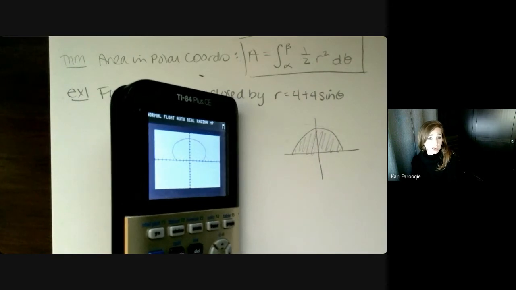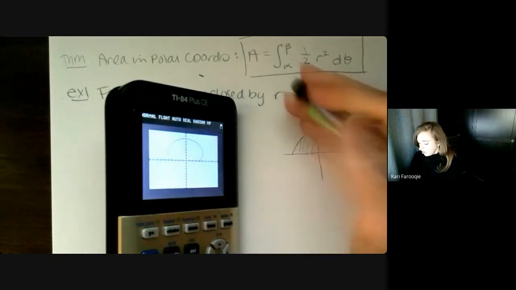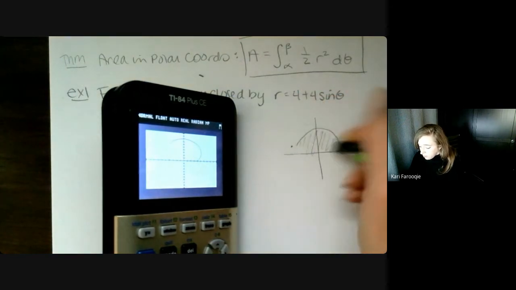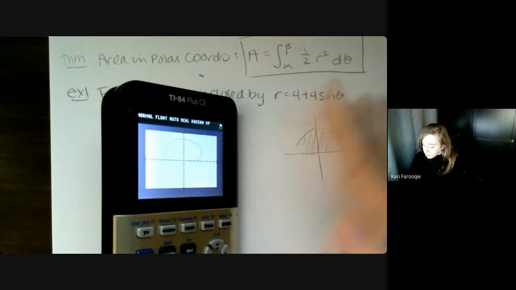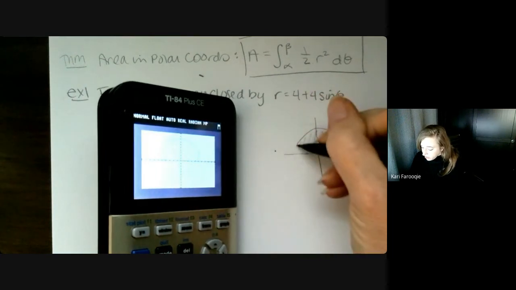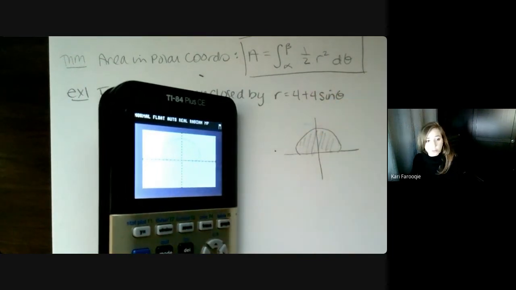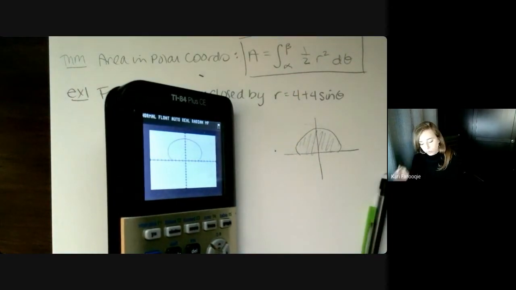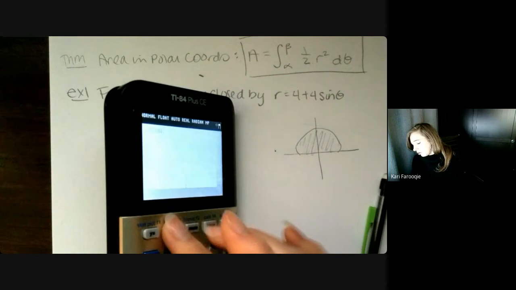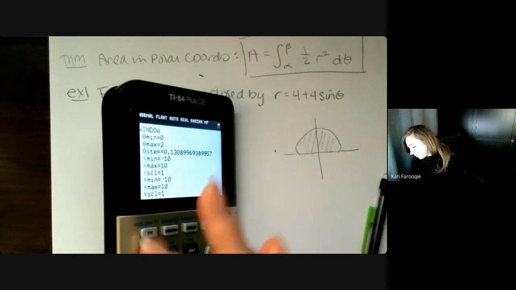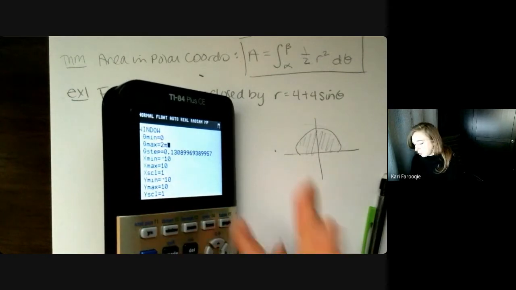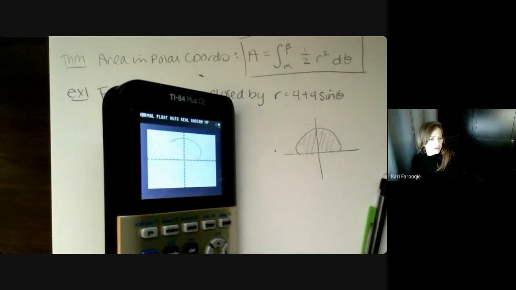Well, if that was the case, then absolutely, oh, this is a terrible rendition, by the way, of what's actually being displayed on your screen. Then yes, you would definitely be looking from 0 to pi in that case. But I did not ask you to look only above the x-axis. I asked you to graph the area that's enclosed. So we're going to go all the way up to 2 pi so that you can see this. And if you have your little magnifying glass, that helps you to see it better. You can see that it's graphed one time, and it looks like that.